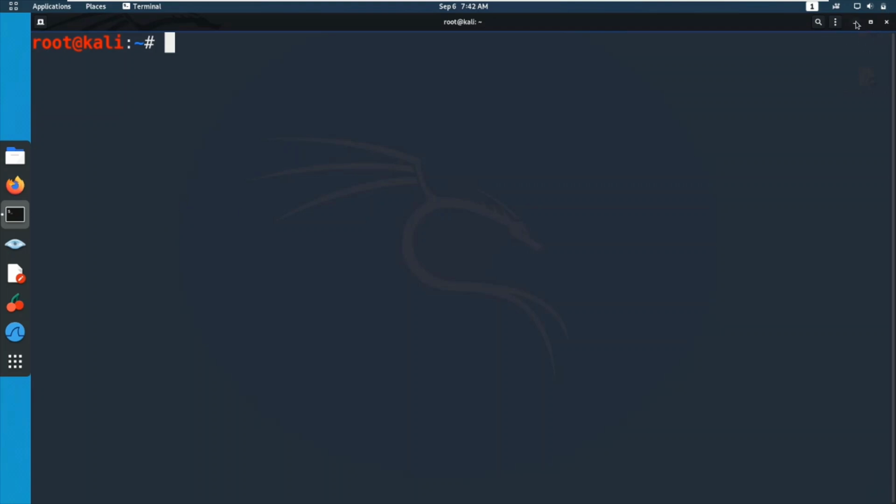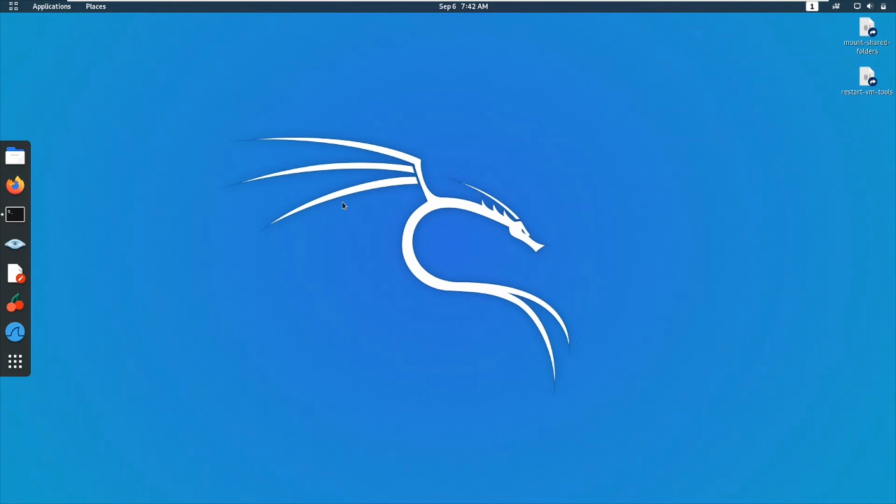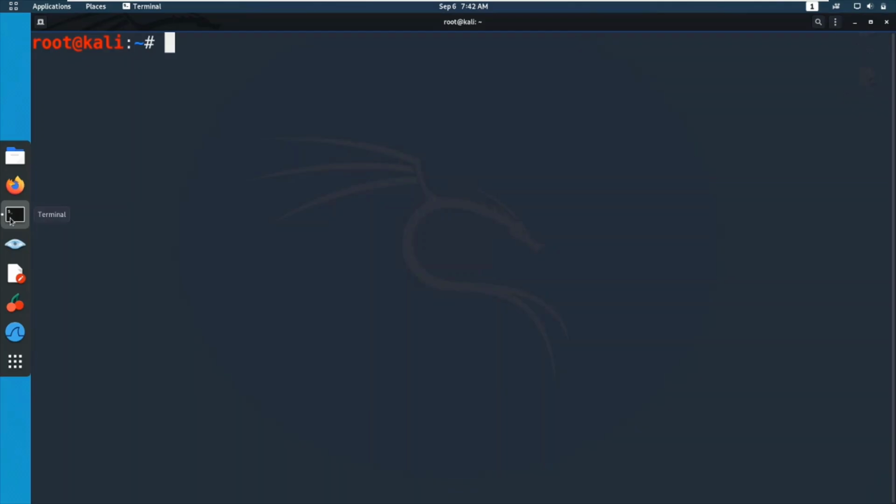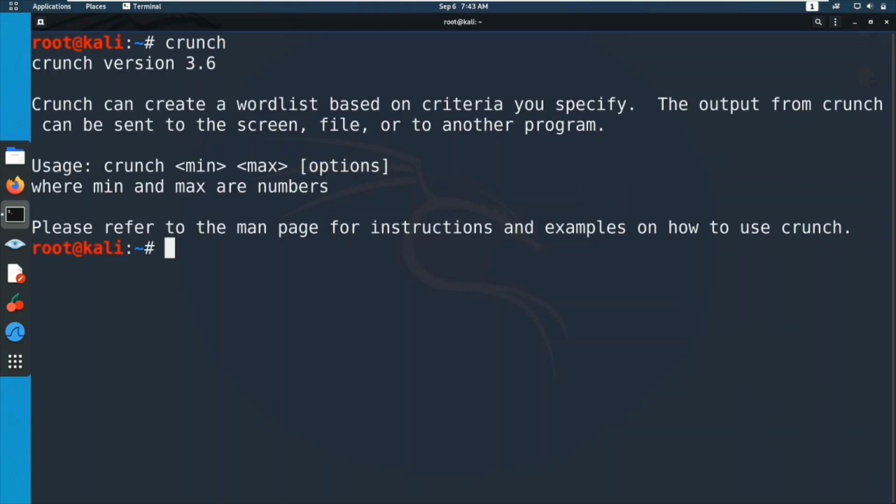So guys, I'm using my Kali Linux machine, so feel free to use your own Linux distribution of your choice. I don't know whether these tools are installed or not. So our first tool will be Crunch. This is an inbuilt tool that's available within Kali Linux. If it's not available, go with your package manager name, install, and the Crunch.